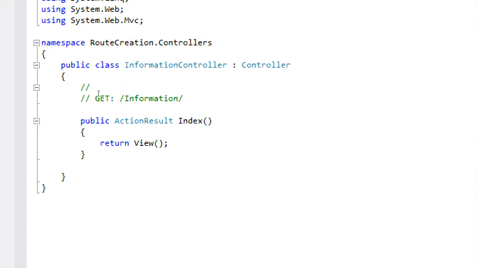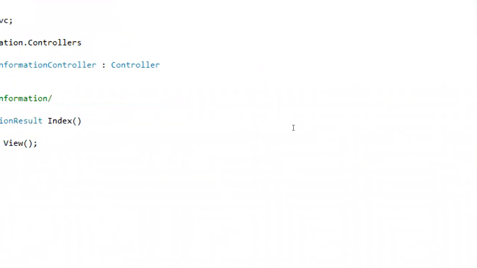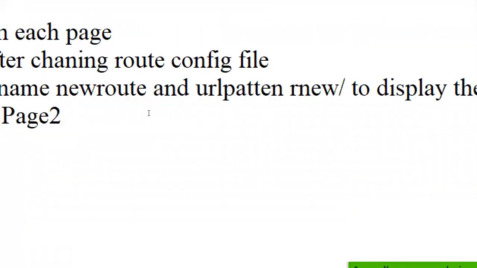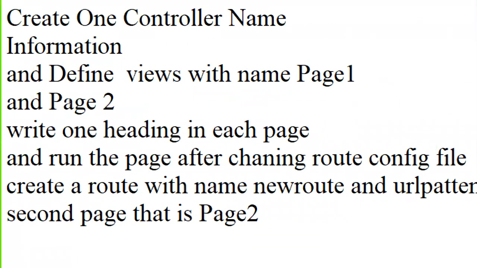Now we have to create a view. Which view names do we have to create? In the question it is clearly mentioned: define views with the names page 1 and page 2.